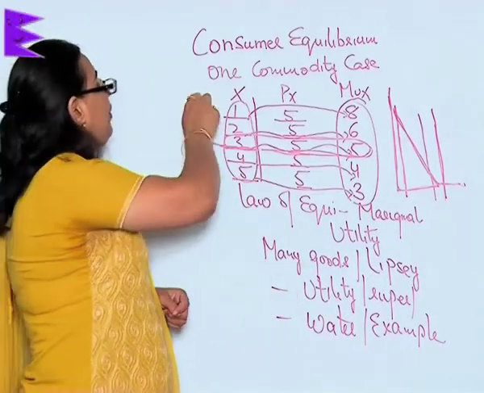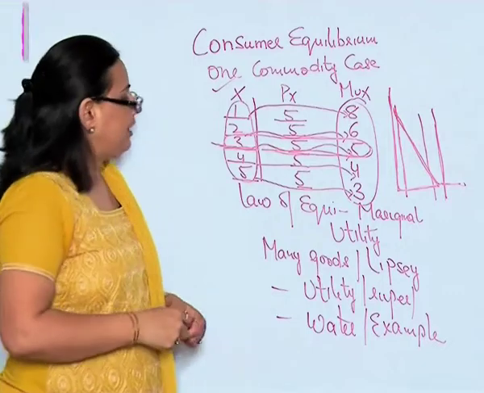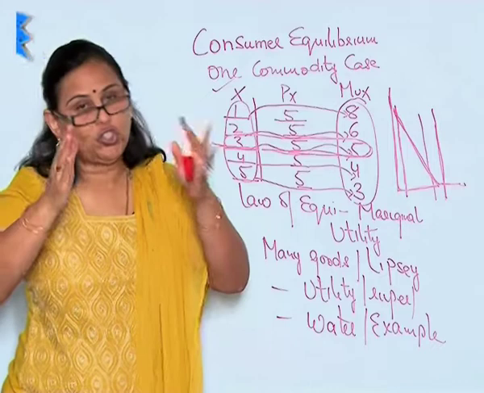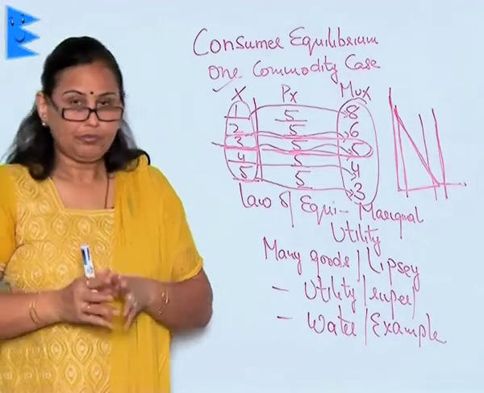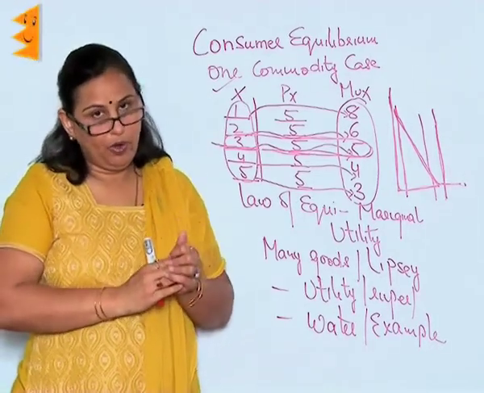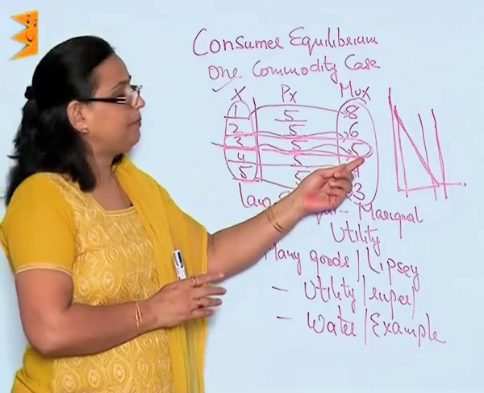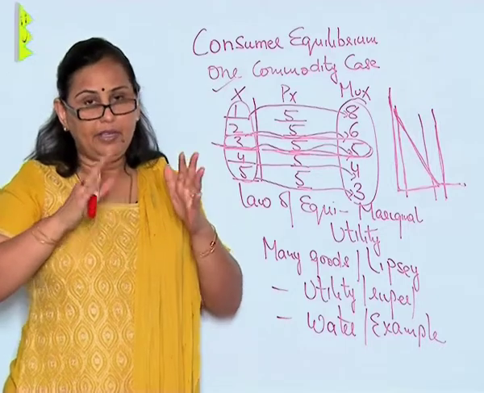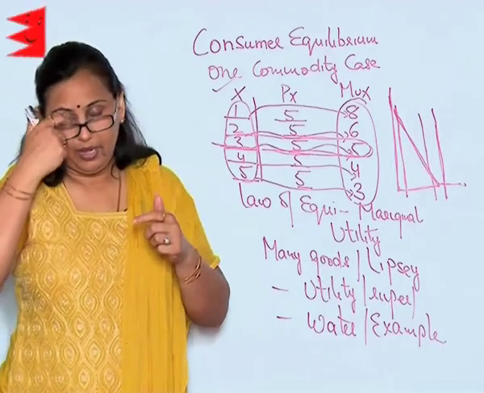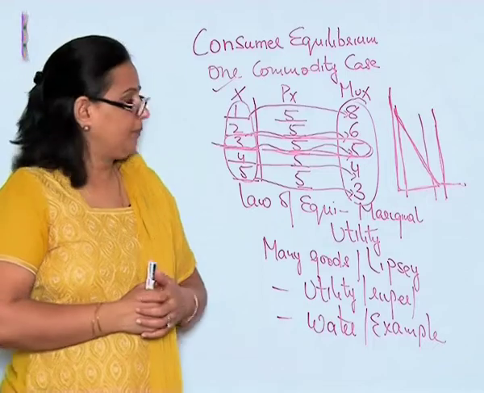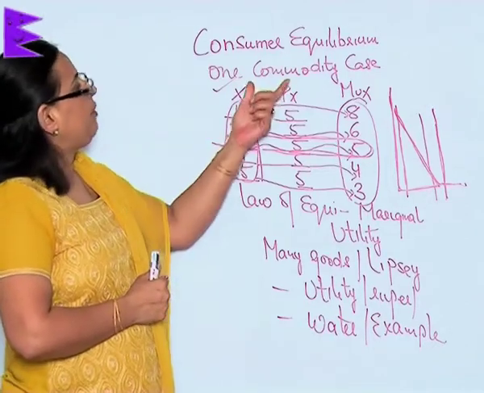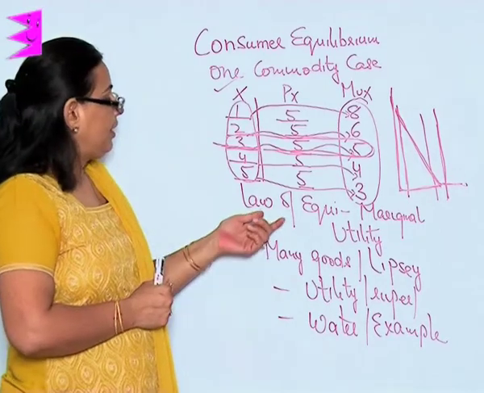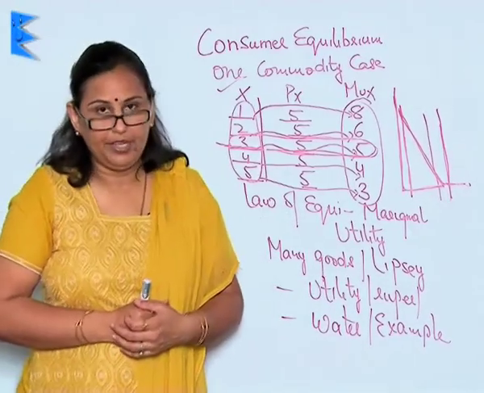So, here I have to understand that in the one commodity case, I must reach a unit which, when consumed or bought, gives me the maximum satisfaction, and after that I am putting a halt to my consumption. Then, the one commodity case is what we have seen, but let us talk about the two or more commodity case,